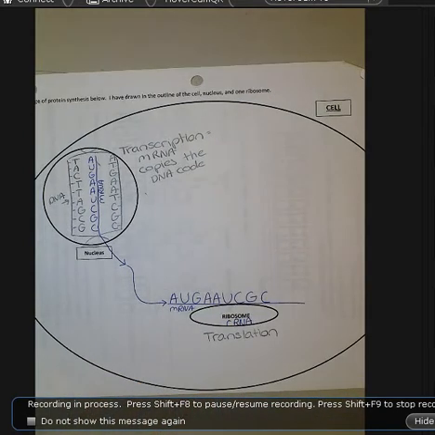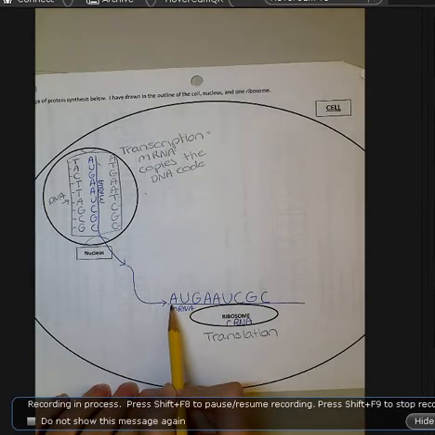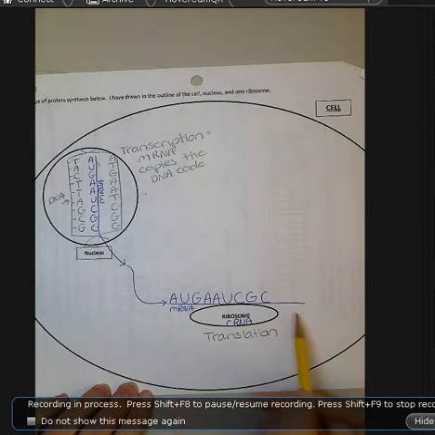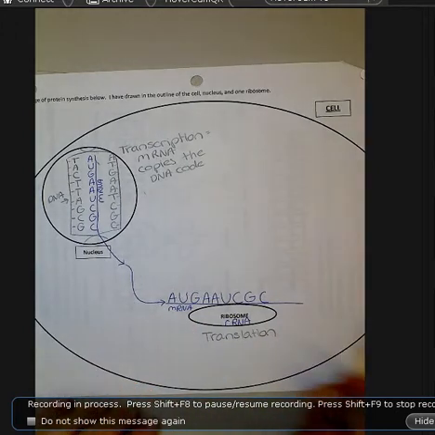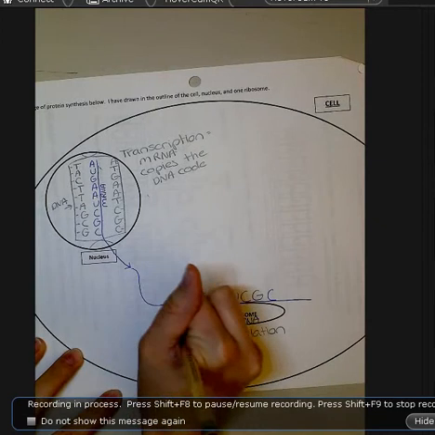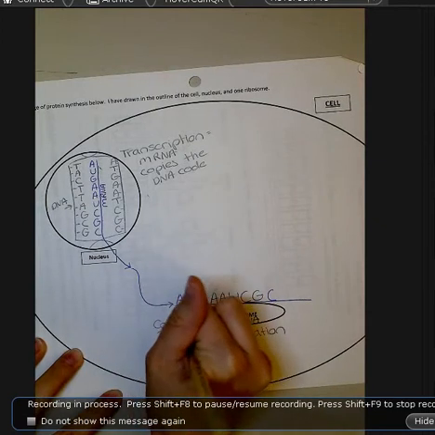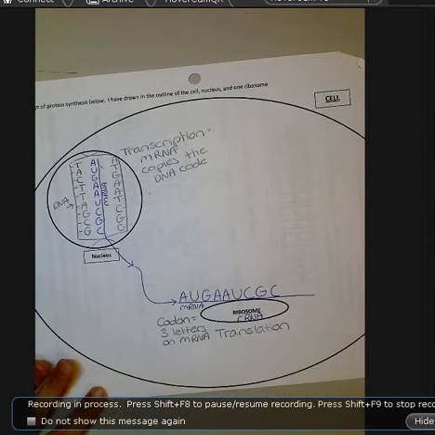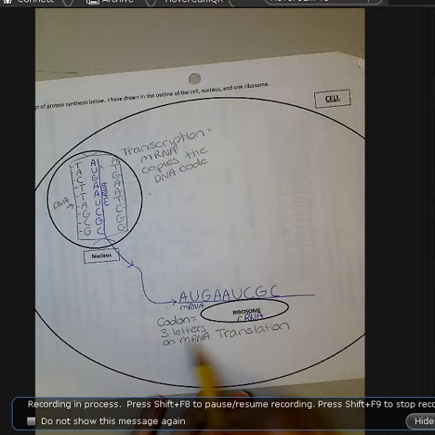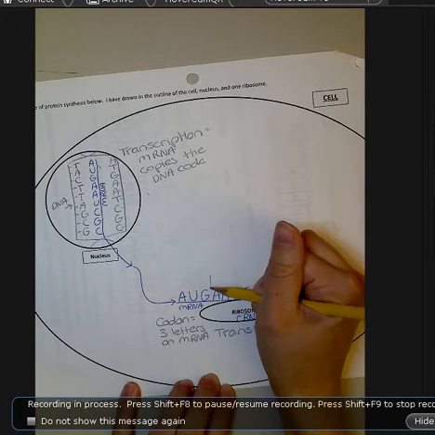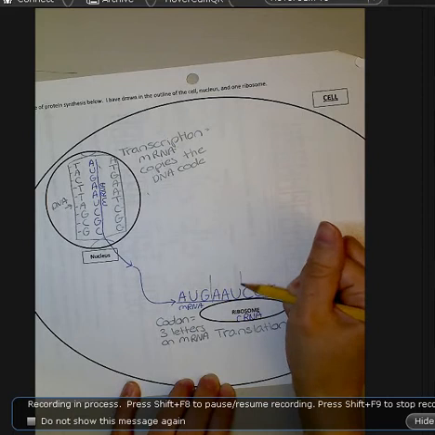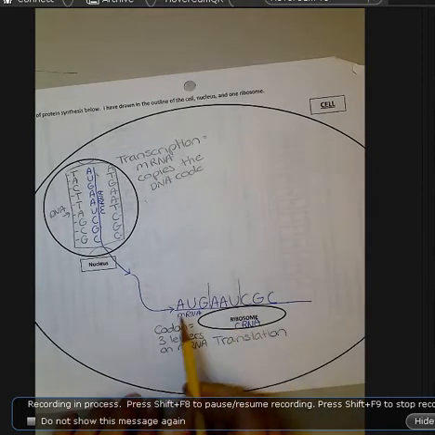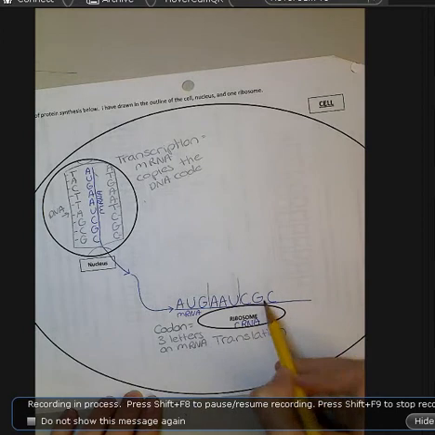Now, in translation, you are going to look at the code on the messenger RNA. So we call this the codons. So a codon is every 3 letters on messenger RNA. So I like to first go through and just divide my messenger RNA into codons. So every 3 letters. So 1, 2, 3, and I'm going to make a line to divide. 1, 2, 3, and another line to divide. And then 1, 2, 3. Okay? So this is 1 codon, 2 codon, 3 codon, and each codon is going to code for an amino